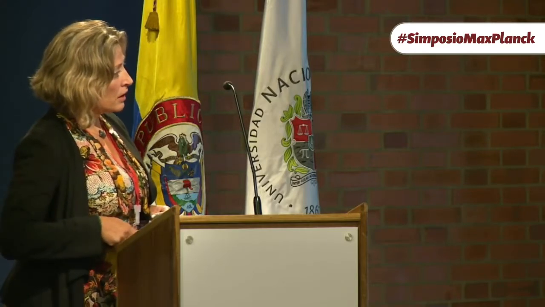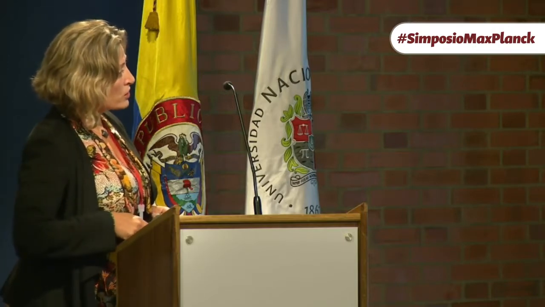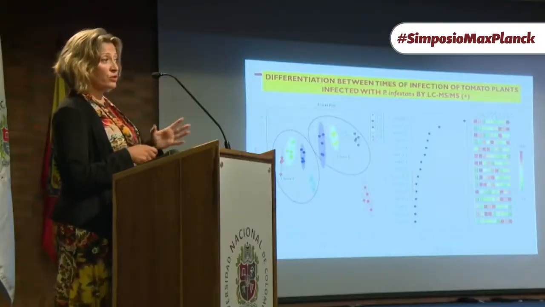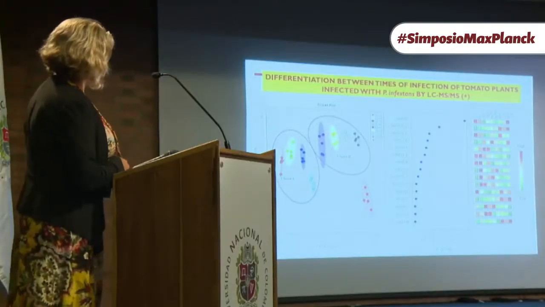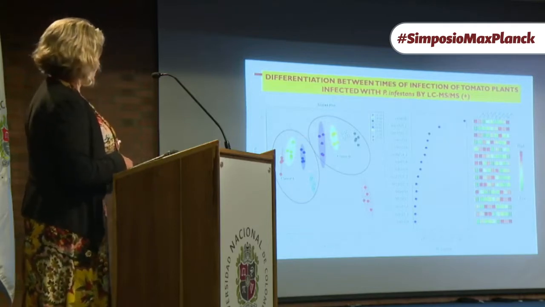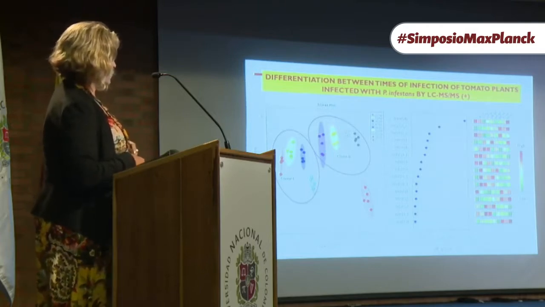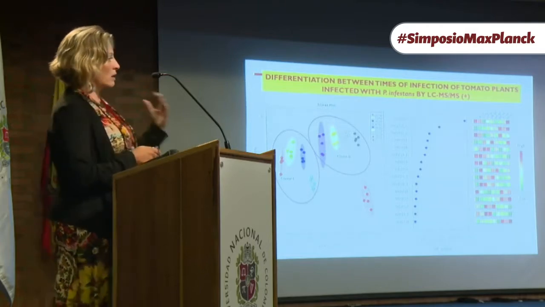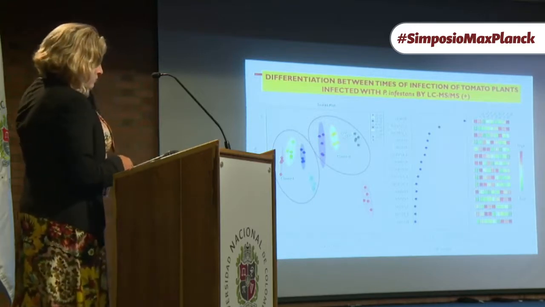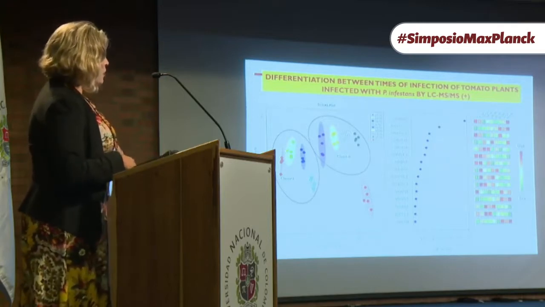We can see that it's easy to differentiate the initial control and a first cluster corresponding to the first times after inoculation, which are the hours from 4 to 36 hours. And then we have a second cluster of infection, which corresponds to the necrotrophic stage of the infection. Then the VIP scores of the data show what